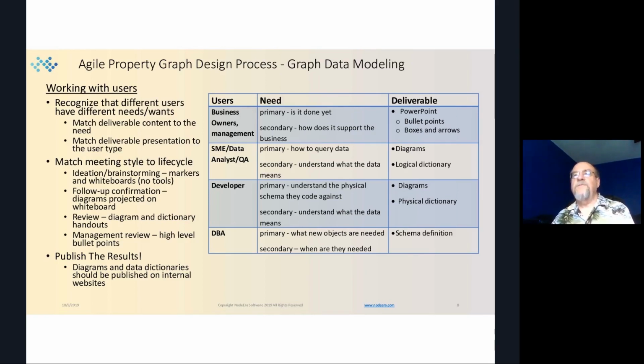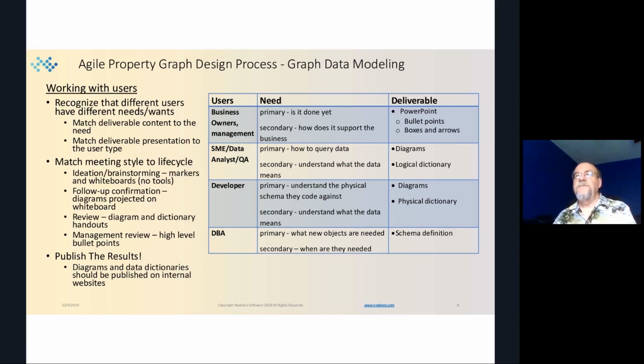And then if you're going to have a meeting just with management, like I said, stick to high level stuff. They don't want to see the diagrams. But actually, it doesn't hurt to kind of flash a couple diagrams in front of them because they like to see that you've got some detail. They just don't want to go through it. Okay, so